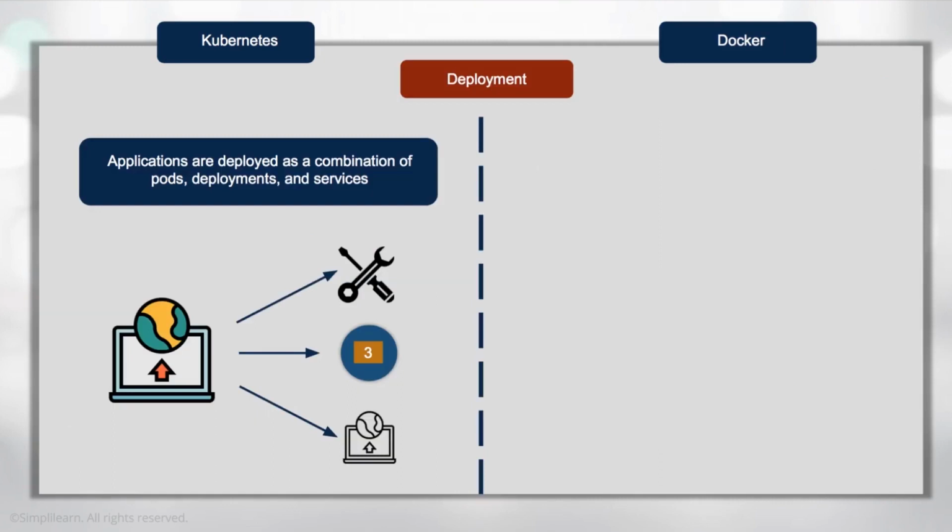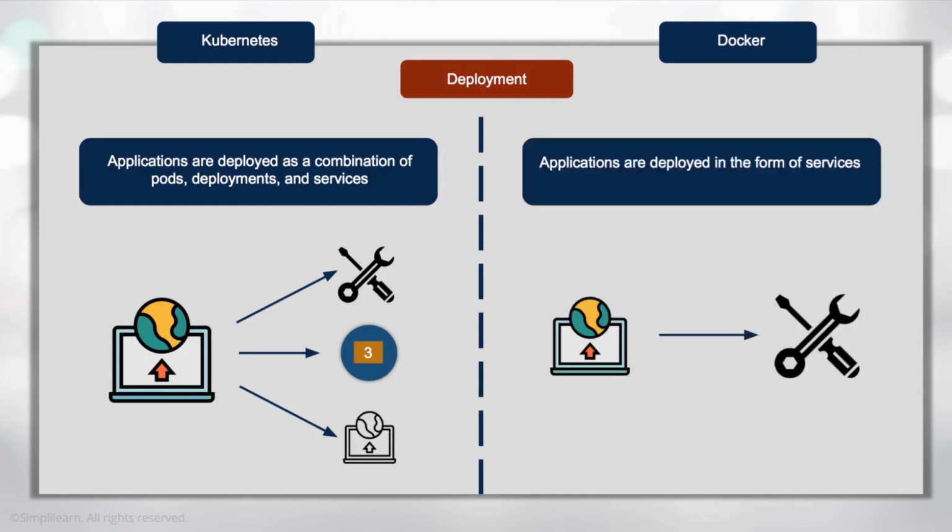So we look at the deployment between the two and the differences. Kubernetes is really designed for a combination of pods and services in its deployment, whereas with Docker, it's around about deploying services in containers. So the difference here is that Kubernetes is going to manage the entire environment, and then that environment consisting of pods, and inside of a pod, you're going to have all of your containers that you're working on, and those containers are going to control the services that actually power the applications that are being deployed.